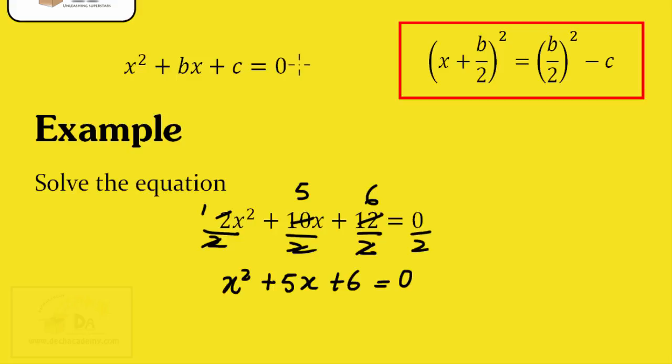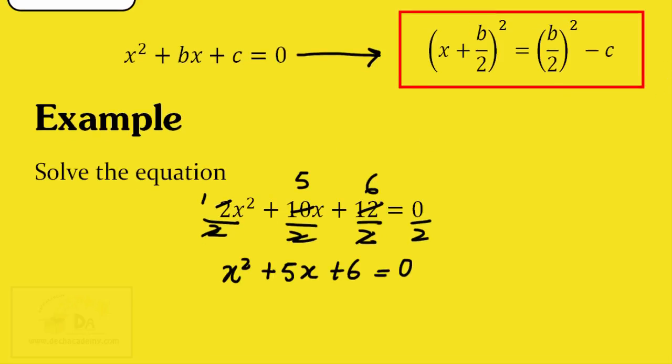Now completing the square simply involves rewriting our equation in this form here. And in order to do that, we need to know what our b is and what our c is. By comparing the coefficient of x in the general form and the given equation, we can tell that b is 5, and we can also tell that c is 6. By comparing the constant terms, plus c, plus 6 here, or you can imagine there's an x to the 0 here and an x to the 0 here, so we're just comparing the coefficients of x to the 0. So now that we know that b is 5 and c is 6, all we have to do is rewrite our equation in this form, and that gives